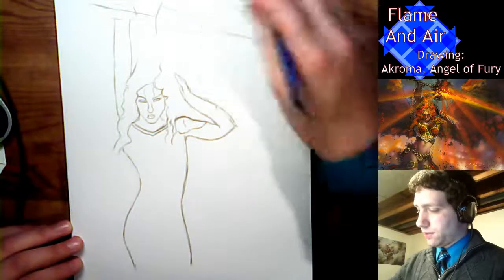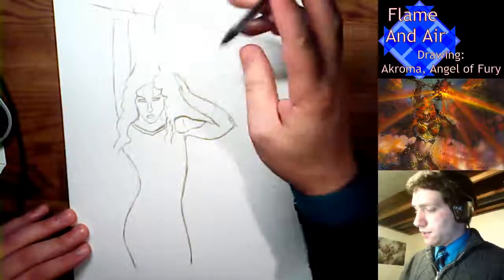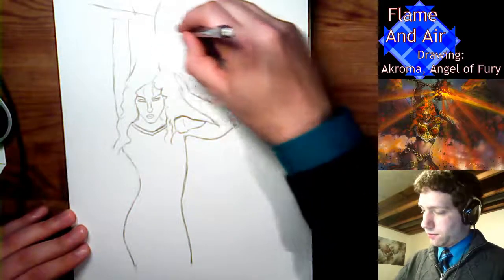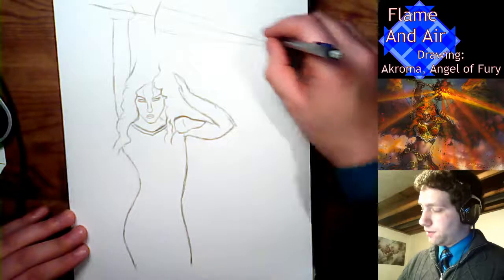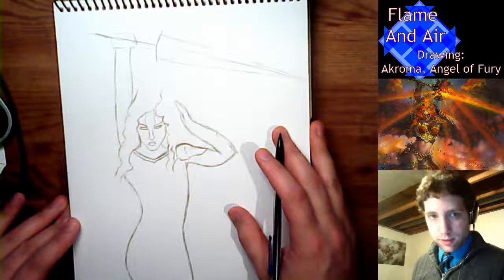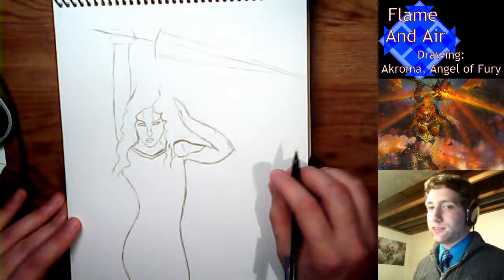I'm probably curving that in too much, right? And this is just sketching out the general shape to kind of place everything on the drawing before I get too deep into it. So if I do need to change something significantly, it's not a big deal. So that's Akroma's very pretty sword. Yeah, needs a little work. But